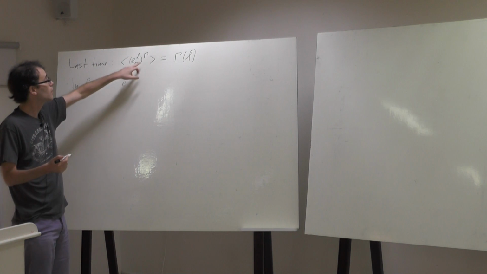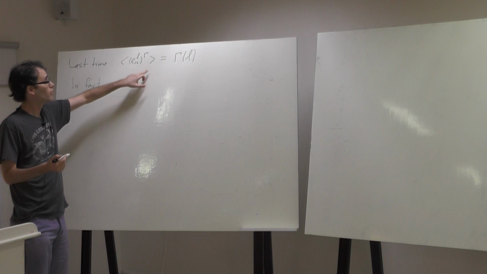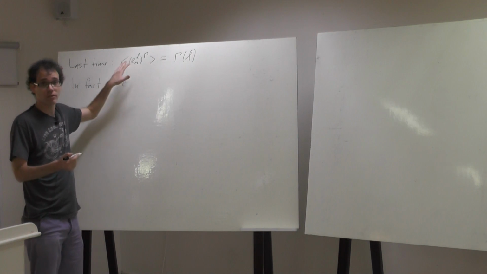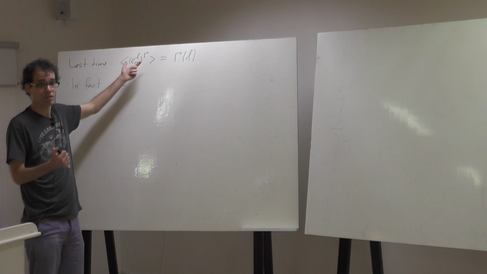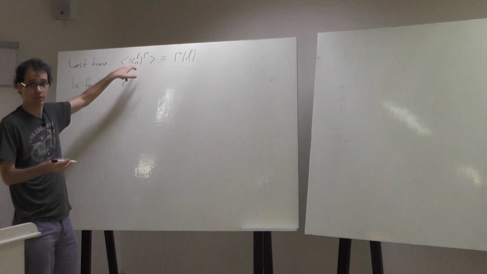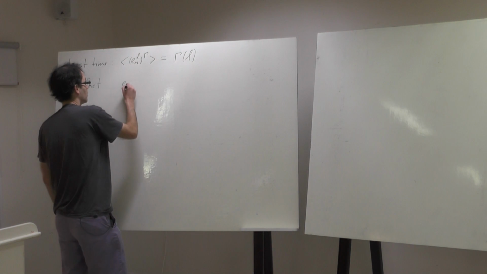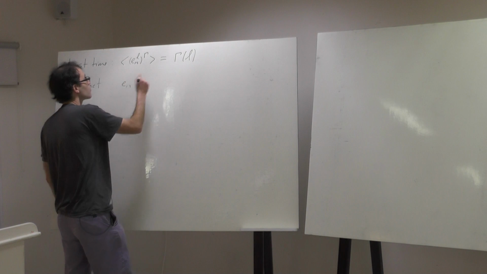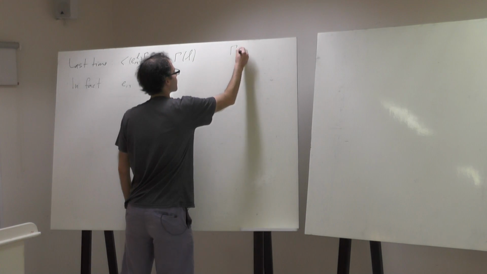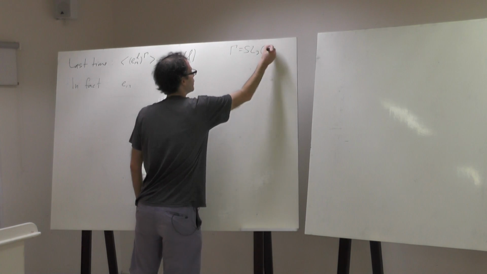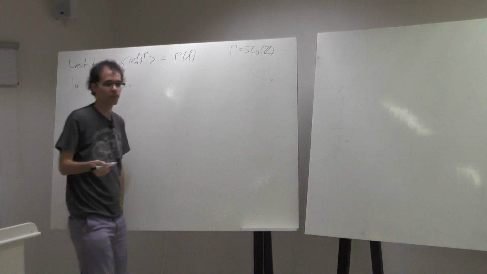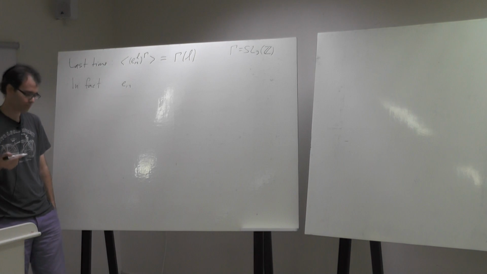Something more is true, which is every element is a product of at most 2,000 conjugates. So gamma is going to be SL3(Z). The statement is more general, but